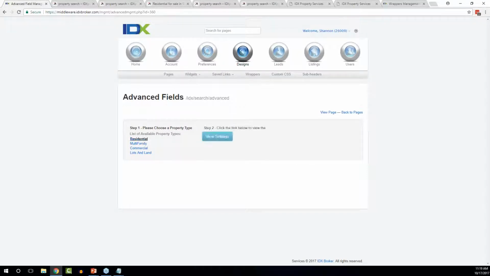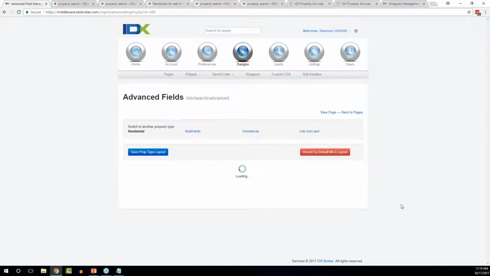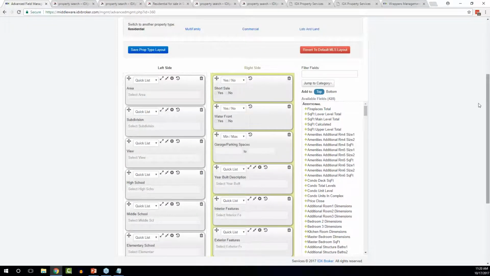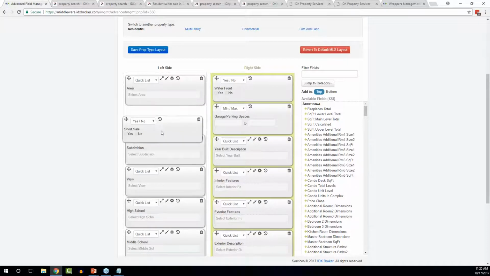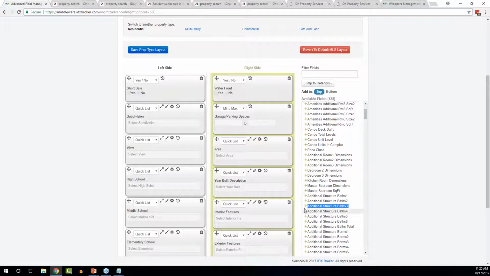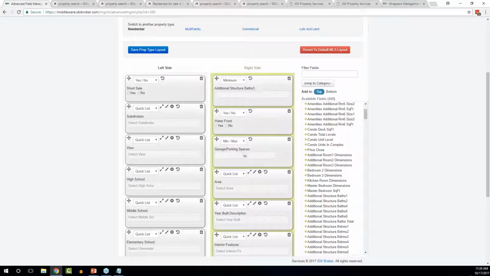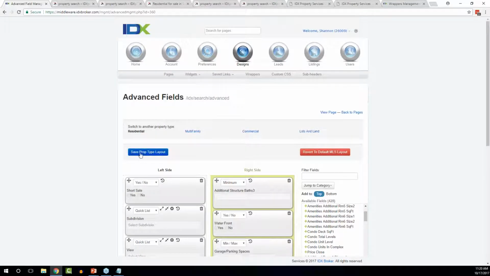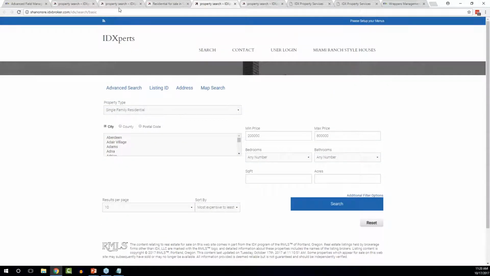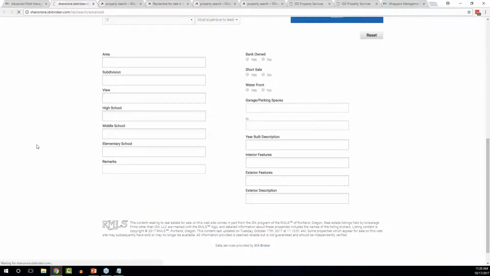And you edit them by property type, since in the MLSs, the fields we call advanced fields can differ between property types. And you can see in here that you can edit those by deleting them. You can move them around. And you can also add other ones that we get from the MLS but don't add by default. And then all you'd have to do is save your property type layout, and it'll change that search page. So refresh that,